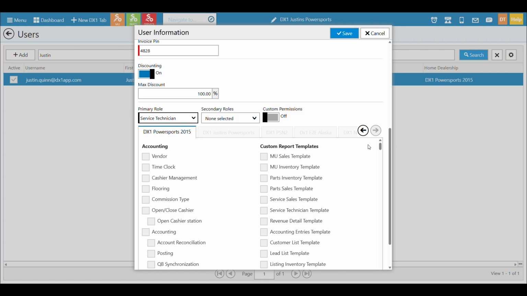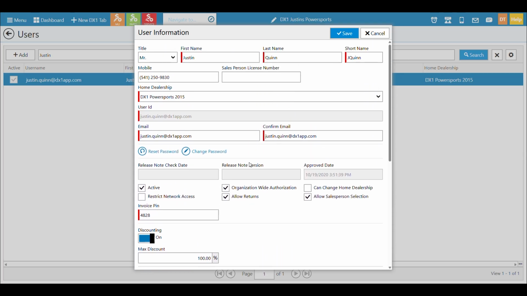If your service technician needs to do more things and have more access to the system, and you turn on custom permissions, you will be turning that user into a billable user. So please keep that in mind. Free users, the minute you set a custom permission, will turn to billable. So that's your information around the layout of the new screen.